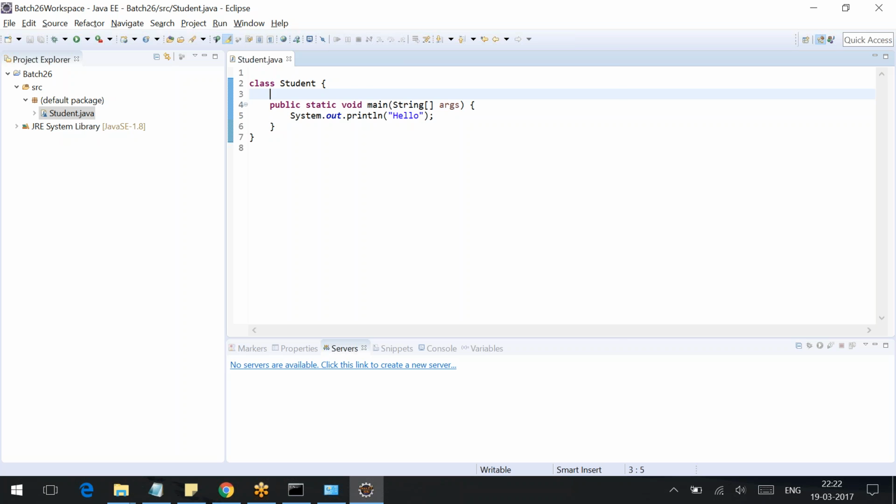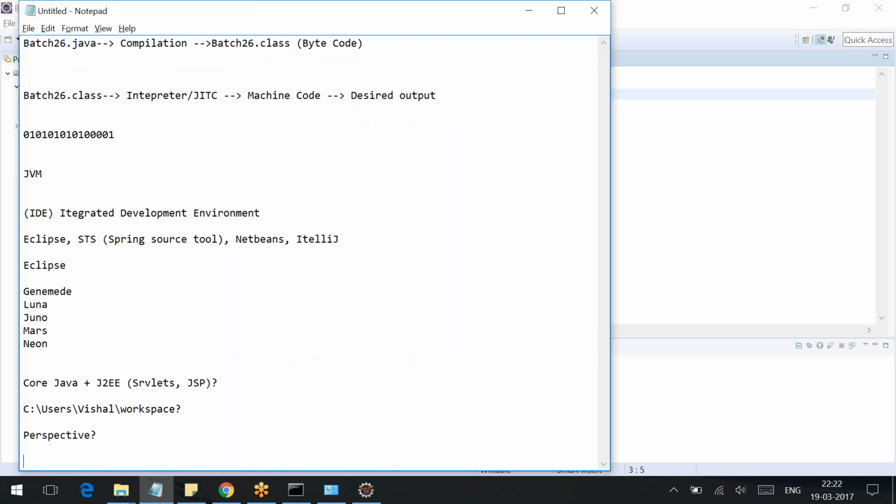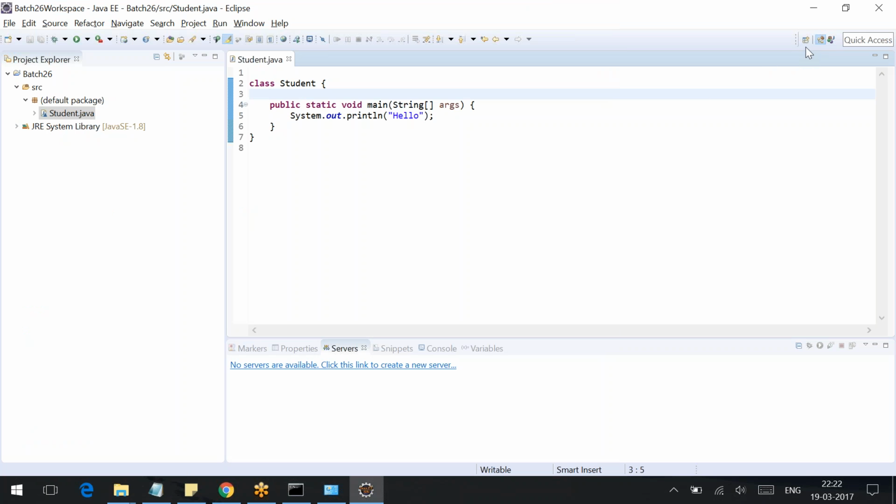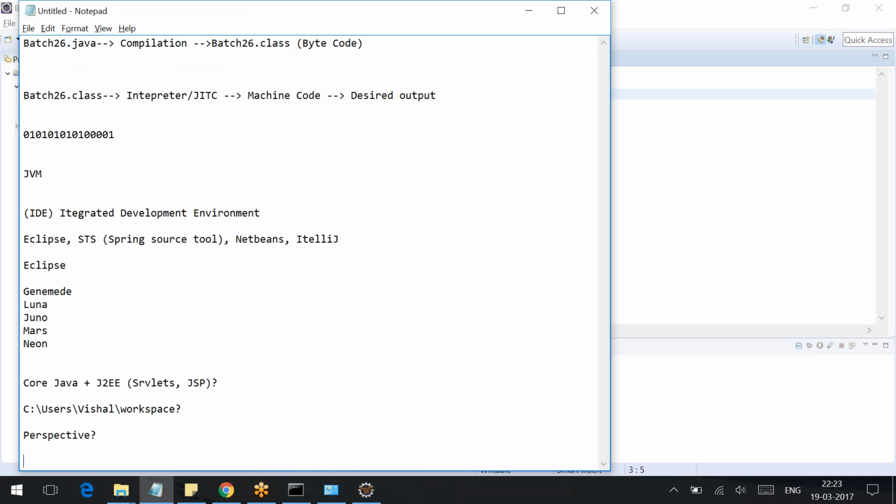Now I said there is one more perspective, a very important perspective, more than the J2EE perspective or Java perspective, the most important perspective. And if you are working on Selenium, or if you are a developer working on a web project or anything, writing code, the most important perspective is the debug perspective. If you are really developing the code, maybe the Selenium code or core Java, or writing a web-based application, working on the Spring framework or Hibernate framework or something,